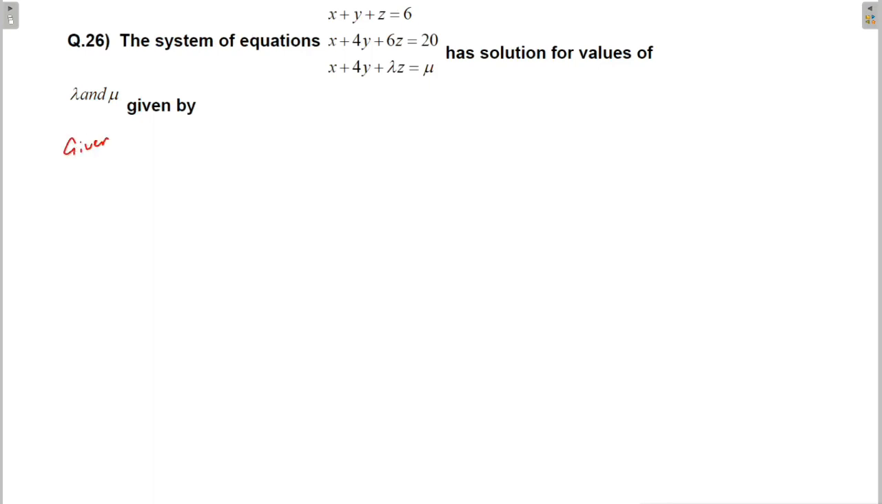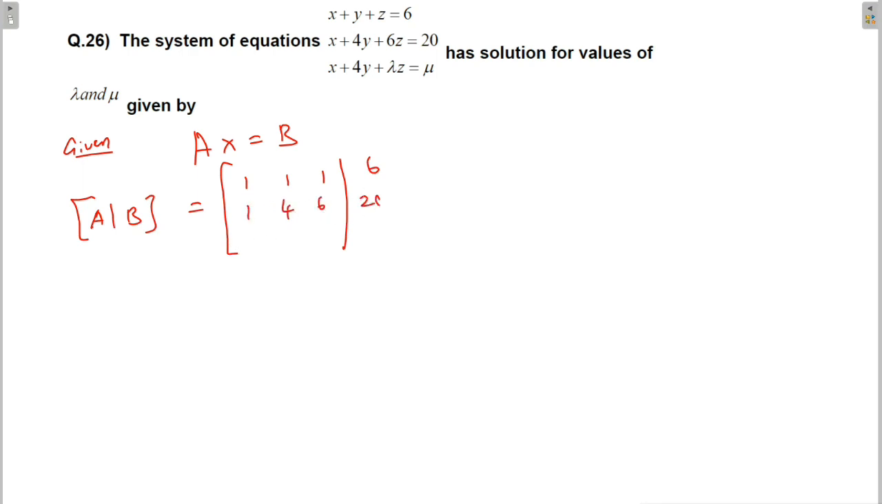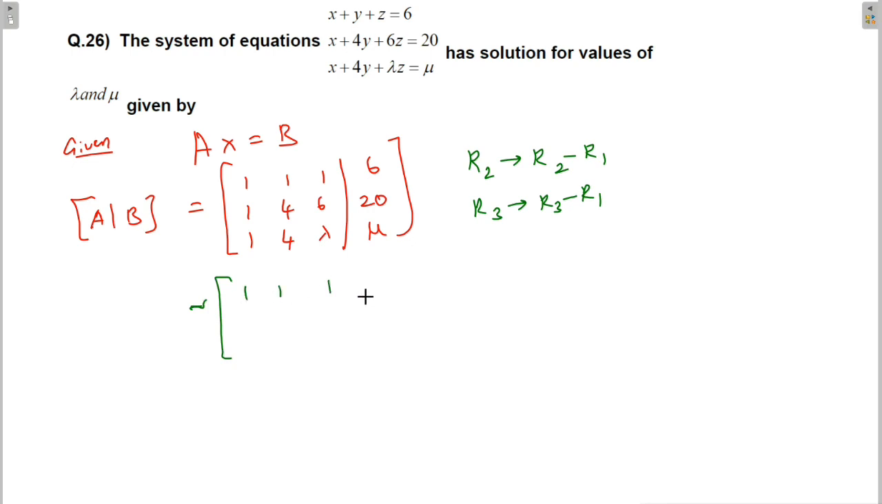So given AX equal to B, now I am going to form an augmented matrix: 1 1 1 6, 1 4 6 20, 1 4 lambda mu. Now I am going to apply the row-wise transformation. R2 implies R2 minus R1, R3 implies R3 minus R1. So from that I get 1 1 1 6, 1 3